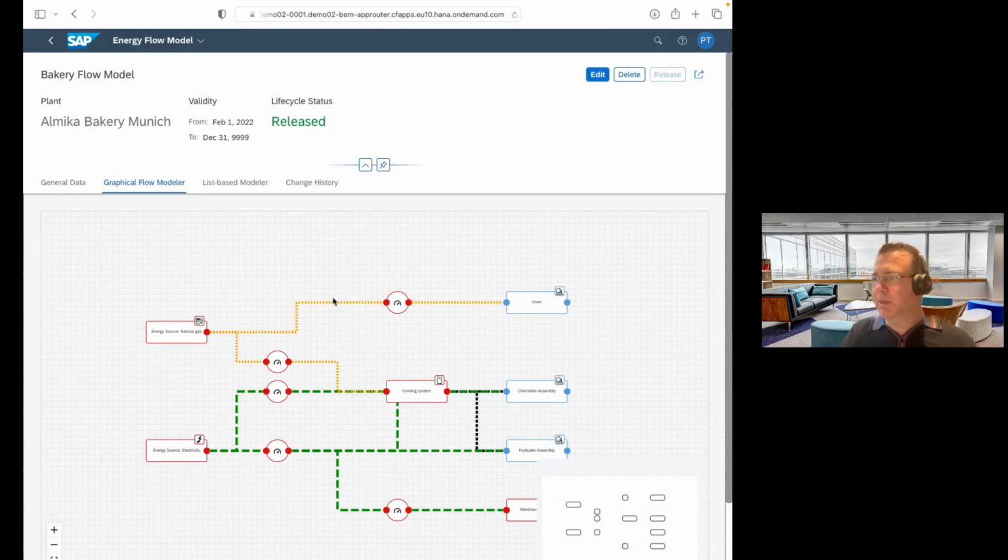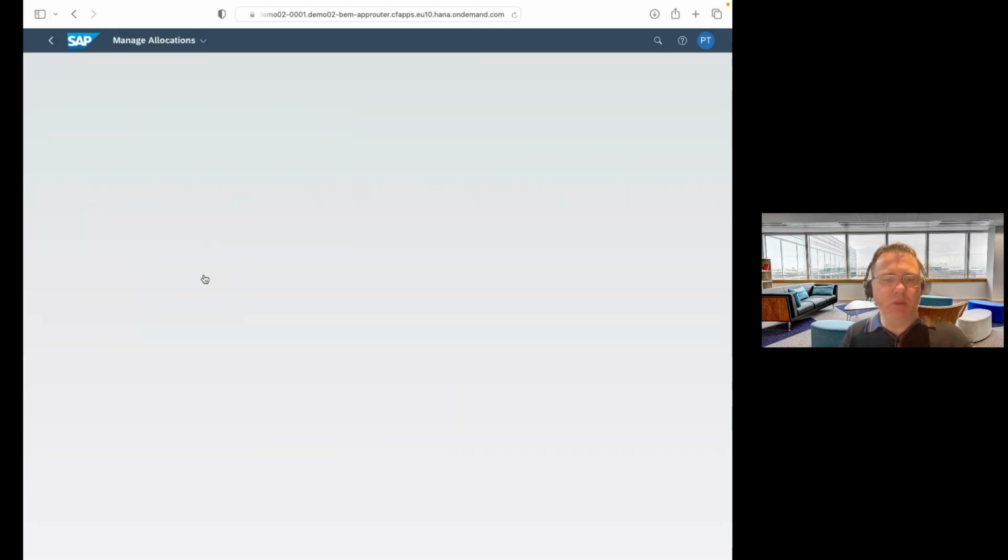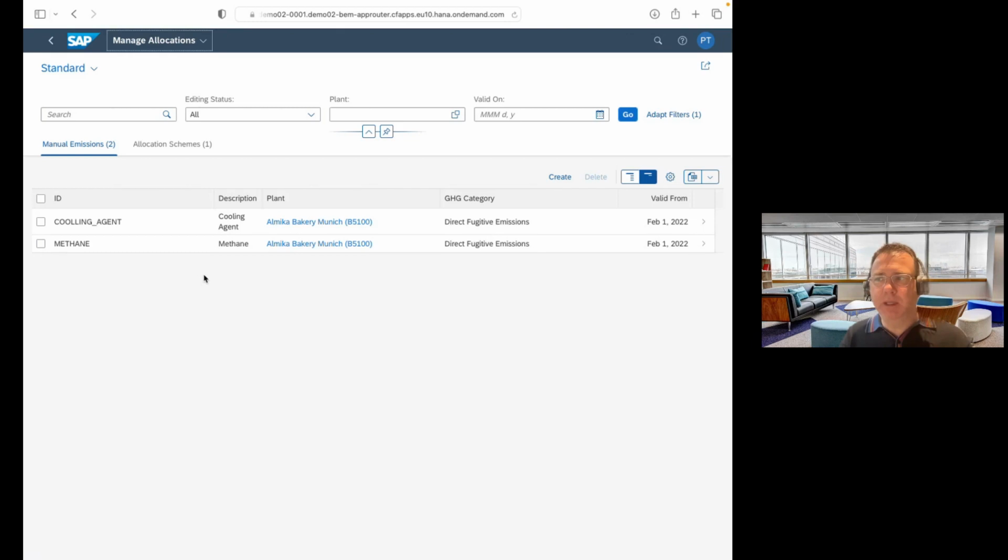Okay, so that is how we bring all that together in terms of the energy flow and bringing your ERP data together at the same time. So I've mentioned allocation, so we can do that. We can also do manual emissions as well. So for example, in this case, we've got the cooling agent or methane. It could be transportation. It could be anything where you have emissions that have an impact, obviously, on that production